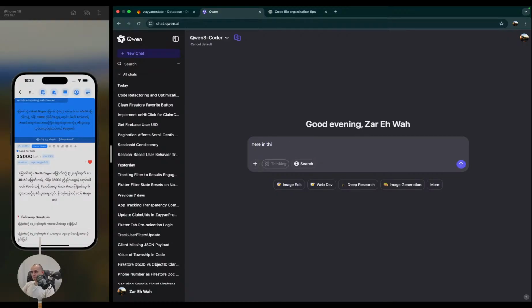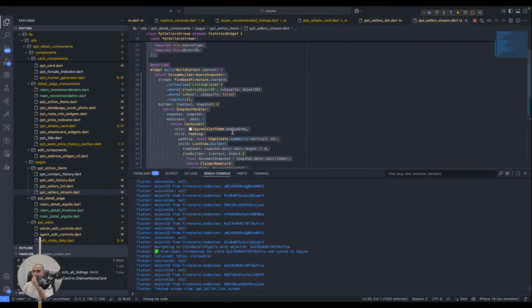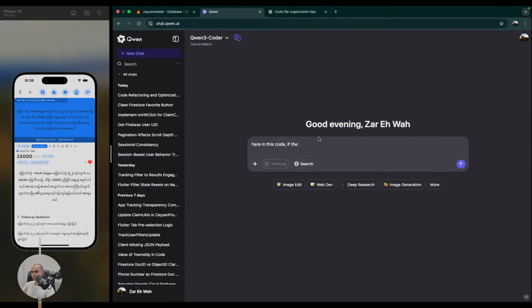Here in this code, if is claim, if the document, if